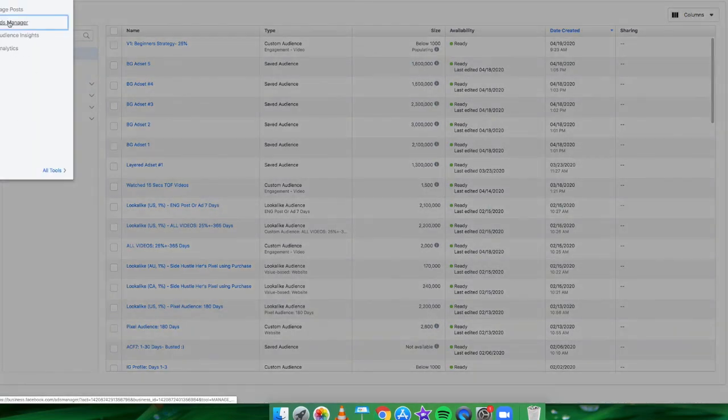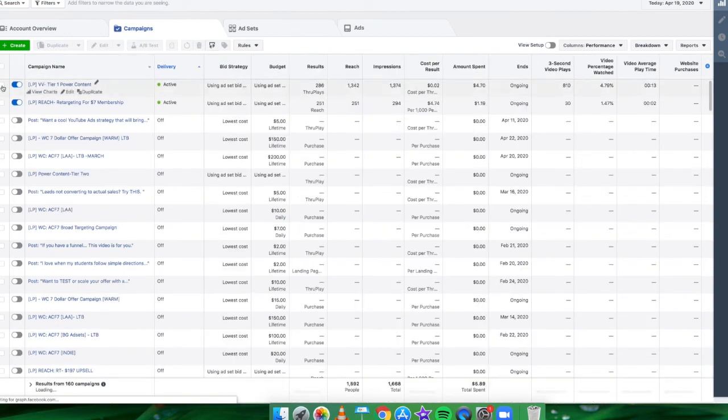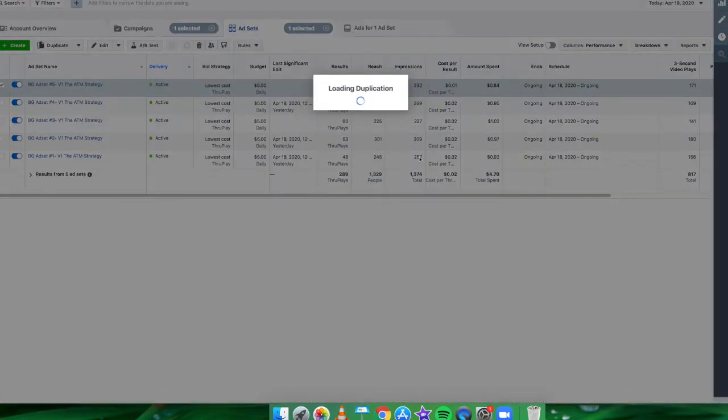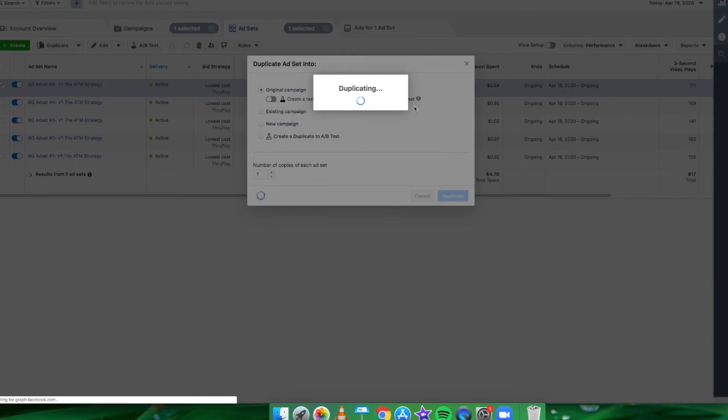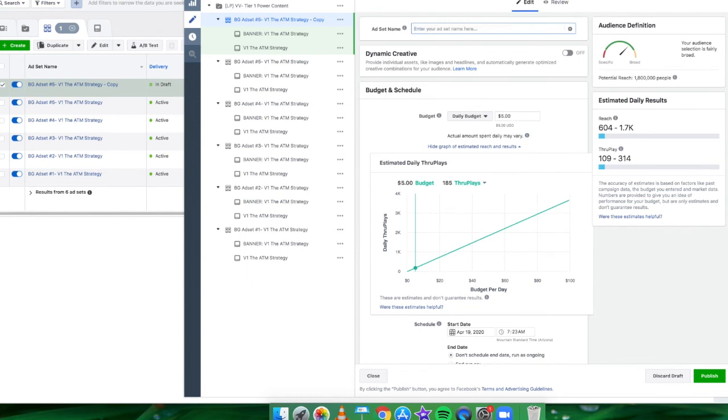So now we're going to just simply go back to our ads manager. We're going to select our campaign. We're going to put it in the exact same campaign, which is our video view campaign, our tier 1 power content. Then all I am going to do is I am going to duplicate the last one. I'm going to change a couple of things. So here the ad set name, obviously. So we're going to be video 1, beginner strategy. That's what we called it, right? Beginner strategy, 25%. And then this one's going to be video 2,